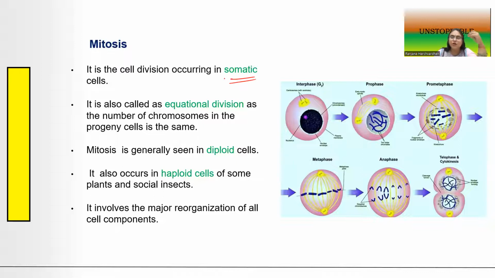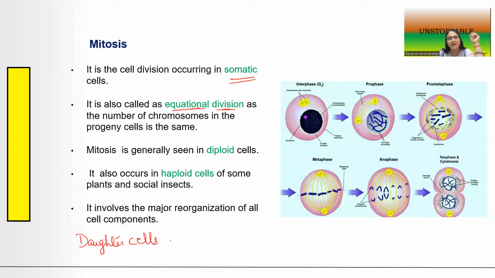The number of chromosomes or the genetic material is entirely the same as you see in the parent cell. So that is why it is also called the equational division, because the daughter cells are genetically identical to the parent cells. So I'll write it down here that